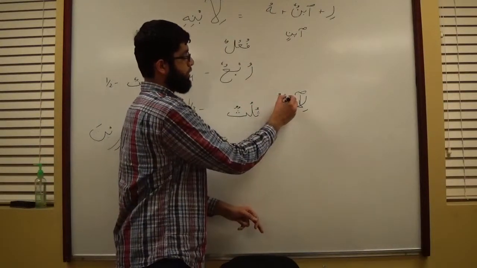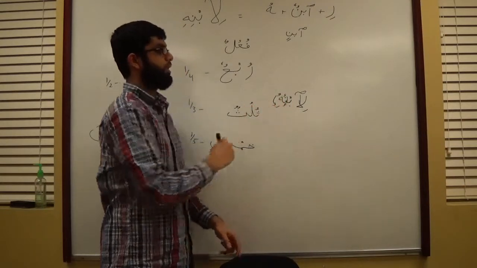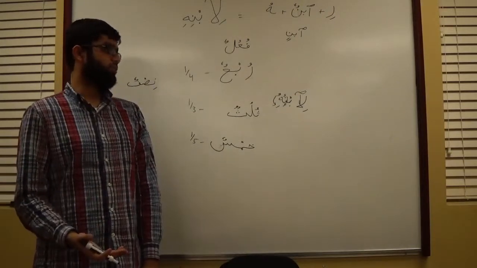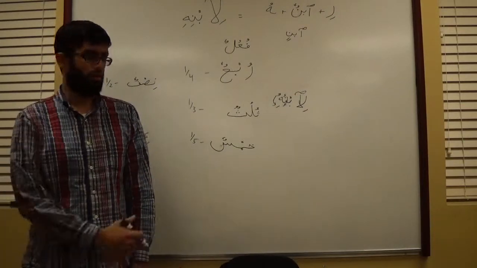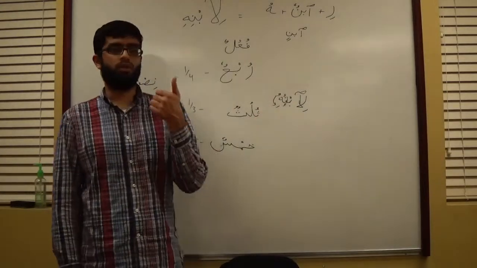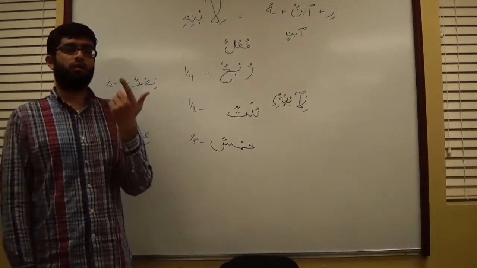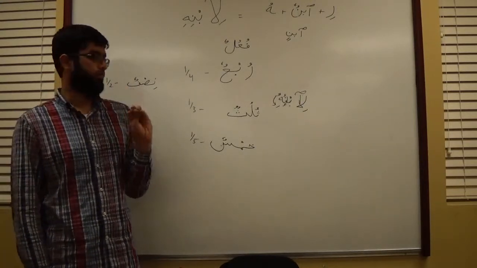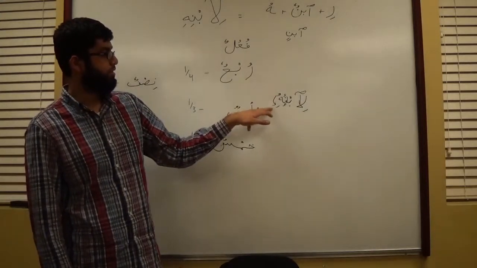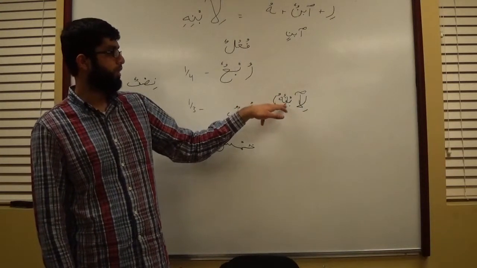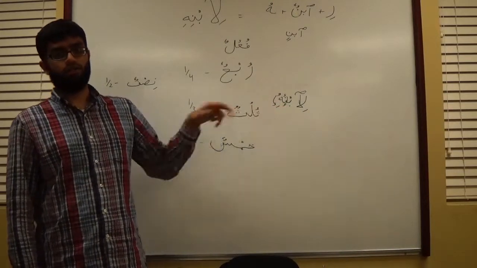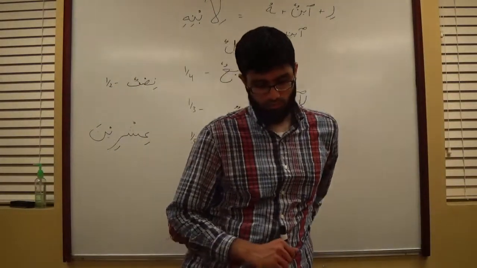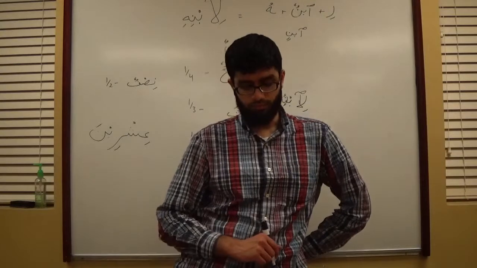Why does the hu change to a hi? To match the flow. If you say li ibni hu, it's harder to say. So you just say libnihi to make it easier. This only happens with hu, hum, hunna, not ha, huma. It happens with the pronouns where, to make the sound easier, if the letter before it has a kasra or a ya, you change it to a kasra. So he said to his son Musa,